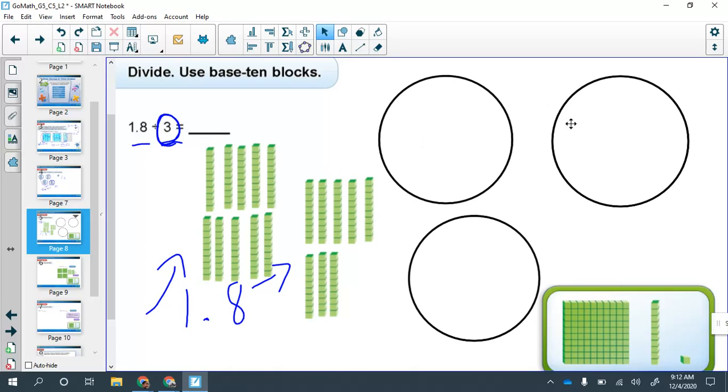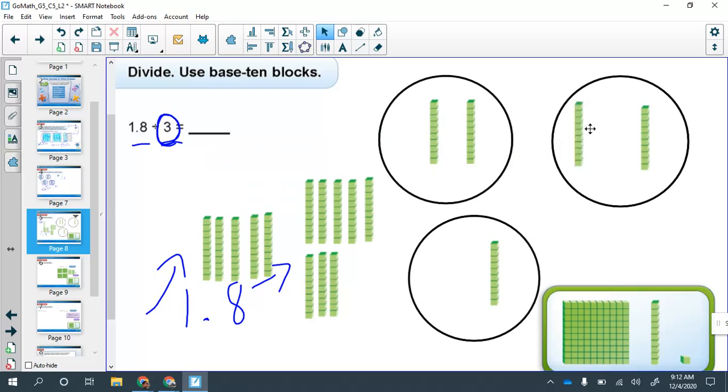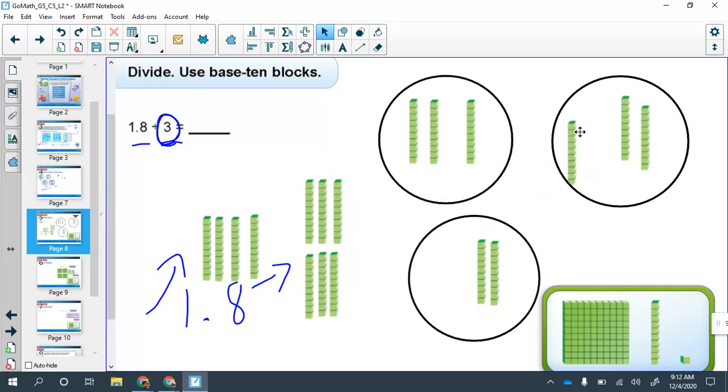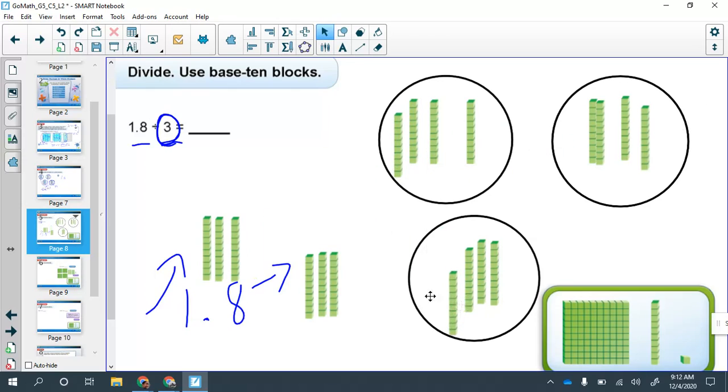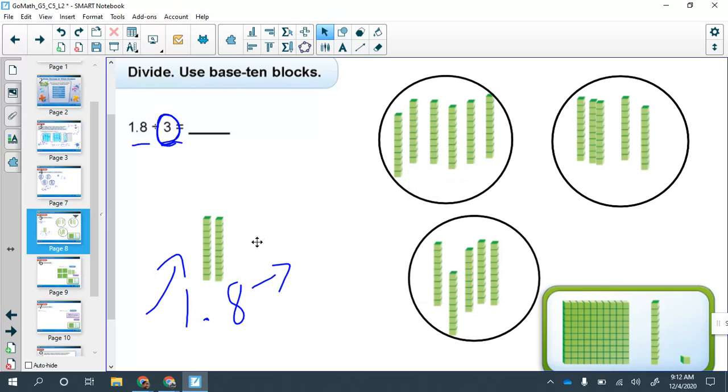Now I just need to start sorting them into these 3 groups. And I bet you can figure out how many are going to go in each group, right? But I'm just going to go one at a time. So there's 1 and 1 and 1. Here we are with 2 and 2 and 2. Here's 3, 3, and 3. Here we are with number 4 in each of these groups. And here's a 4th one for this group. Now I go for 5, 5, and 5, and then now I have 3 left over, which is great because